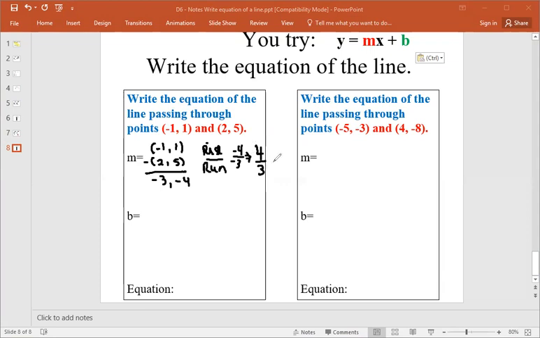I know I'm going to have to multiply the slope times something. I'd rather multiply it times one of these x's, maybe the 1. So I'm going to pick this point for my x and my y. So y equals mx plus b. My y value is 1. My slope is 4/3. My x value up here is -1 plus b. So 1 is equal to a -4/3. At this point, I'm just going to keep it as a fraction. When I add 4/3 to each side,